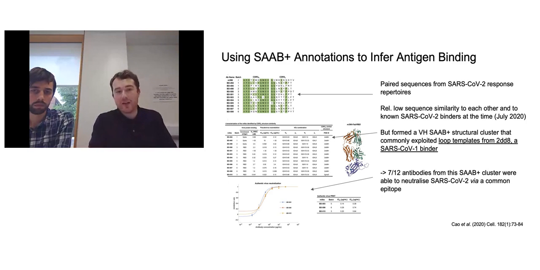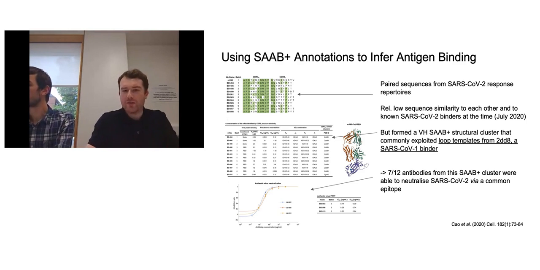So coming back to this idea that you can have very dissimilar sequences in your repertoire converge on a common structure and a common function via their interactions with the antigen. I think that's a really, really cool example of this sort of approach for rapidly processing enormous amounts of diverse data that actually has some immediate real-world applications.